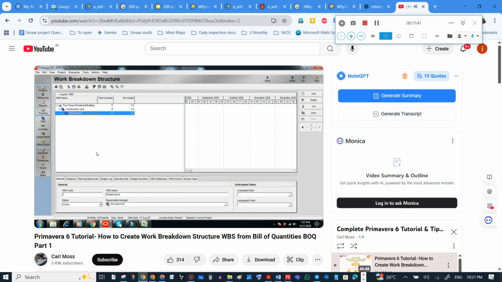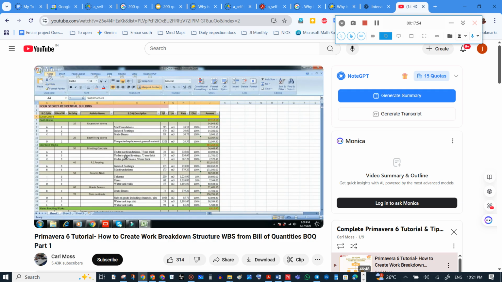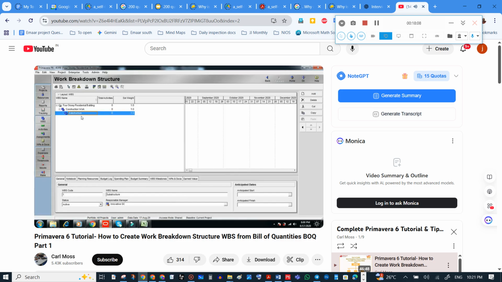The next level is the activity under substructure. The activities under substructure are earthwork, concrete works, and waterproofing works. So copy this earthwork and click add here.